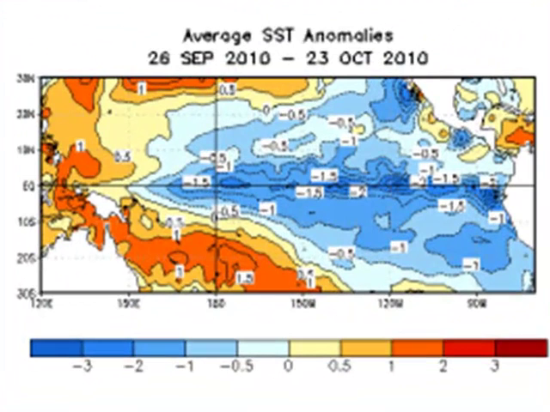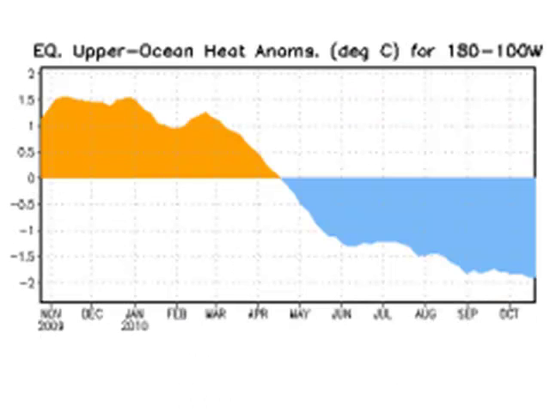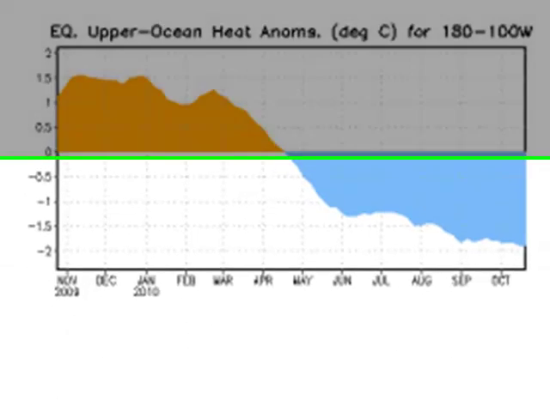There's the sea surface temperature anomalies across the Pacific Ocean. This is the equator right there. There's South America, there's North America, and all of the equatorial Pacific, at least across the eastern two-thirds of it, has below-average temperatures. Very strong La Nina settling in. And this is the change over the last 4 weeks. Some slight warming in a couple spots out there in the central Pacific, but the eastern Pacific has undergone some dramatic cooling over the past 4 weeks. And again, this is the upper oceanic heat anomalies. Again, November last year to now, complete reversal from above average to below average.